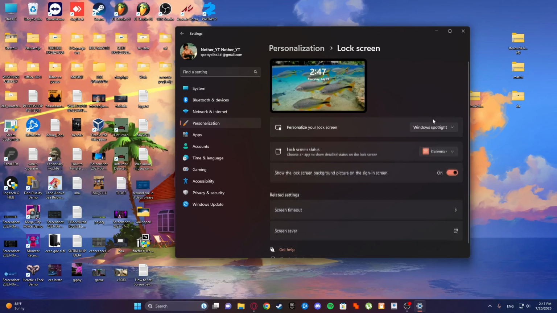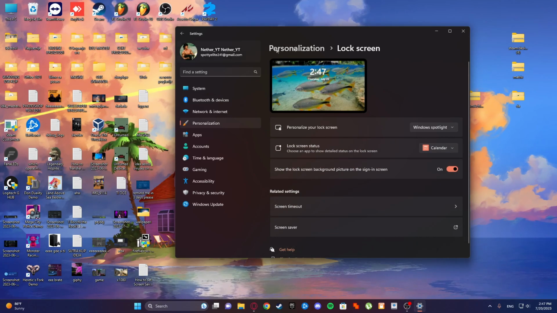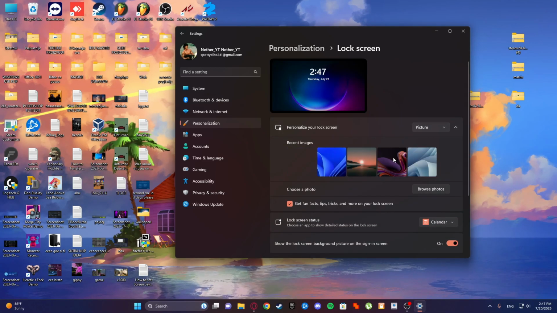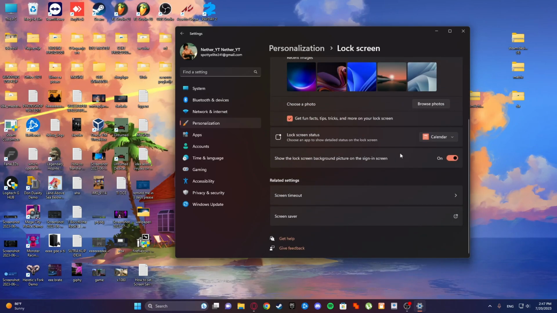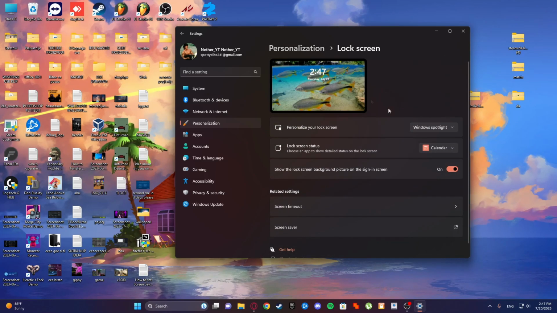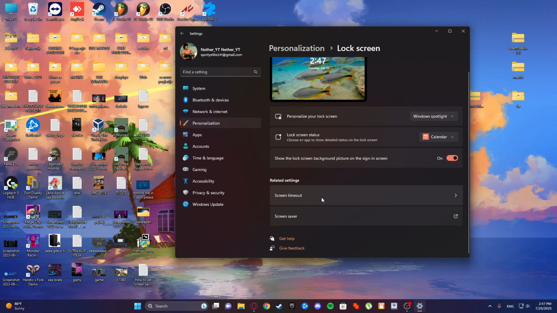But we'll not be doing this. This is just for lock screen, but you can set any picture you want also. Like this is good, but I like Windows spotlight more. But what you're going to do is